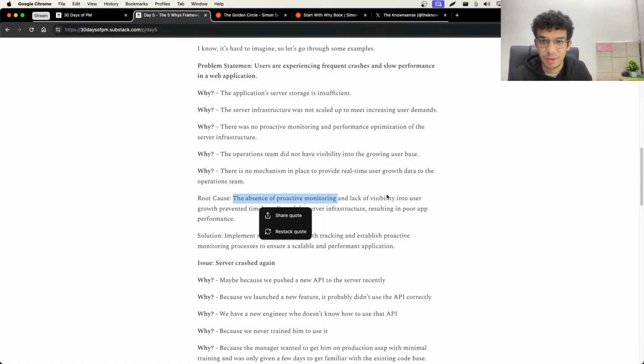But yeah, there can be multiple root causes based on how you interpret the surface level problem and then take action from those. You have to be very careful as for the root cause, to also consider all the scenarios possible. Come to a root cause only after considering all the scenarios through the 5 whys. 5 whys can be more, can be less, if you're able to come to a conclusion, but 5 is a good number to begin with and have better clarity. So yeah, this is the 5 whys framework.